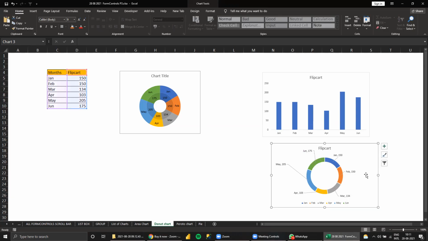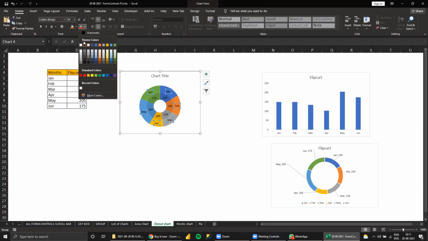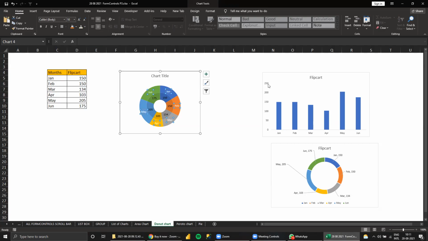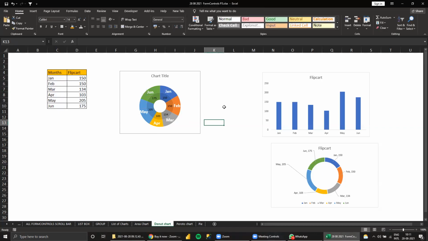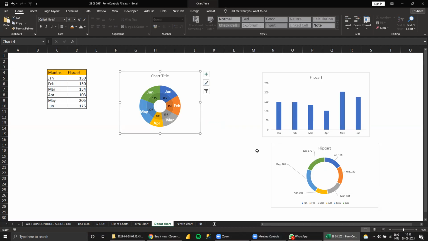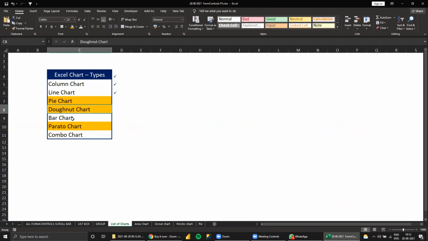But rather than this, this is good. You can set the font name white, and you can bold it also. You can see the size, if you want a big size, you can present it however you want. So the simple donut chart, not a big one, so not much focus on that.